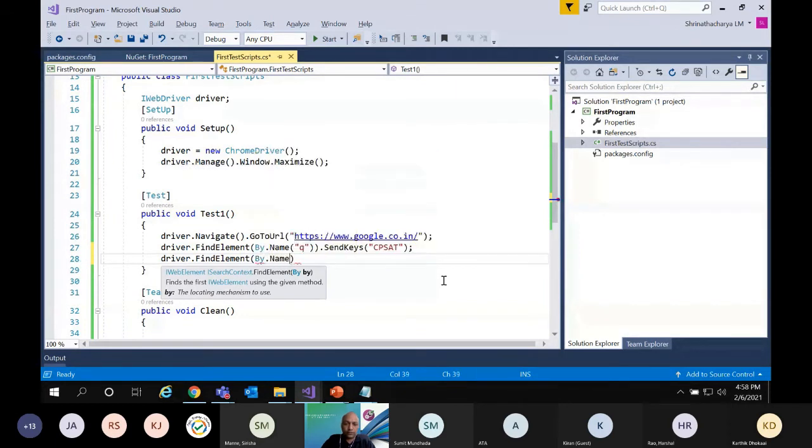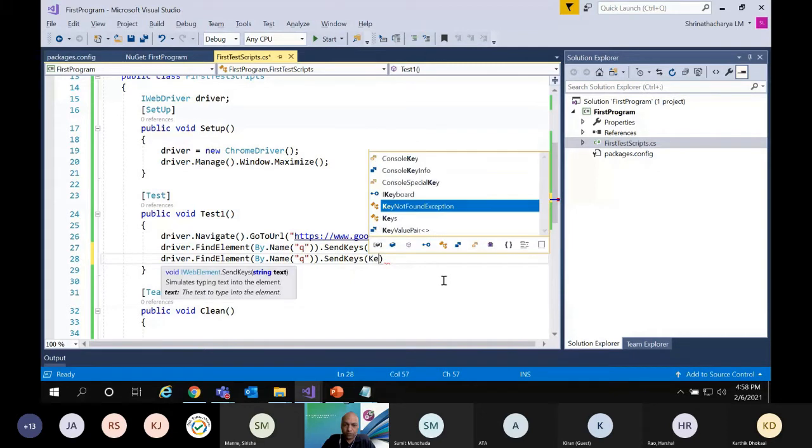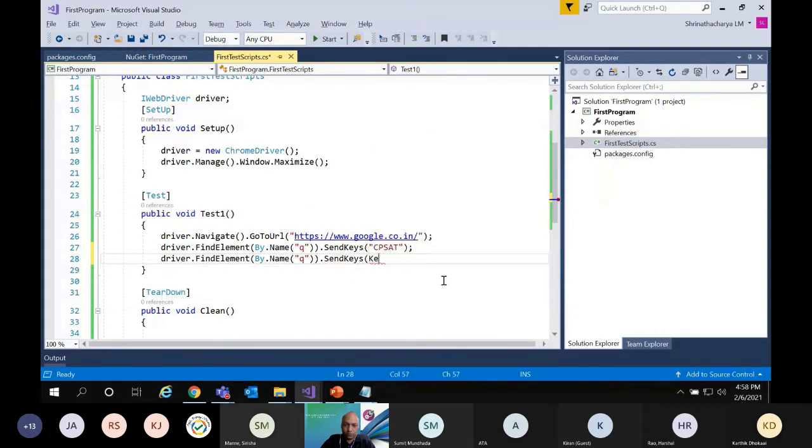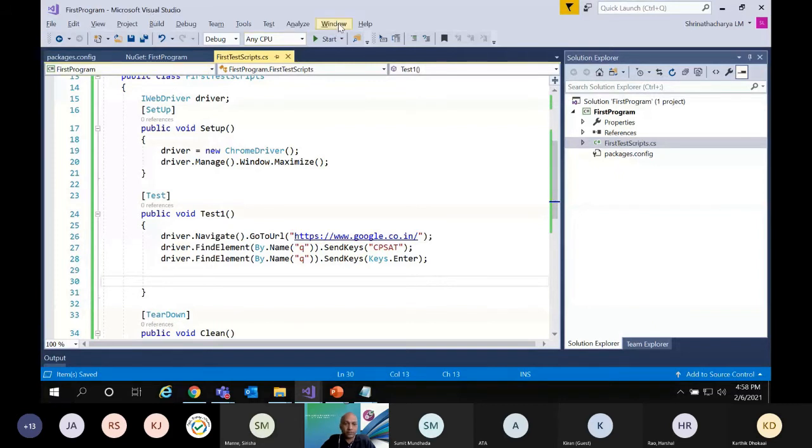We can do SendKeys, Keys.Enter from the keyboard. Now let me run this much, then we will see what is happening.